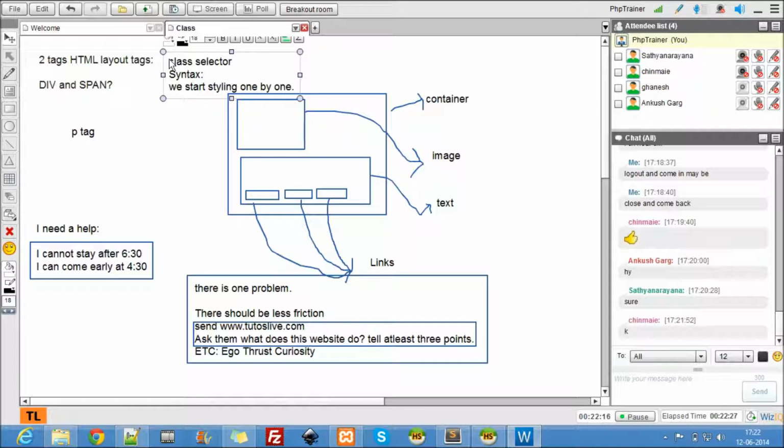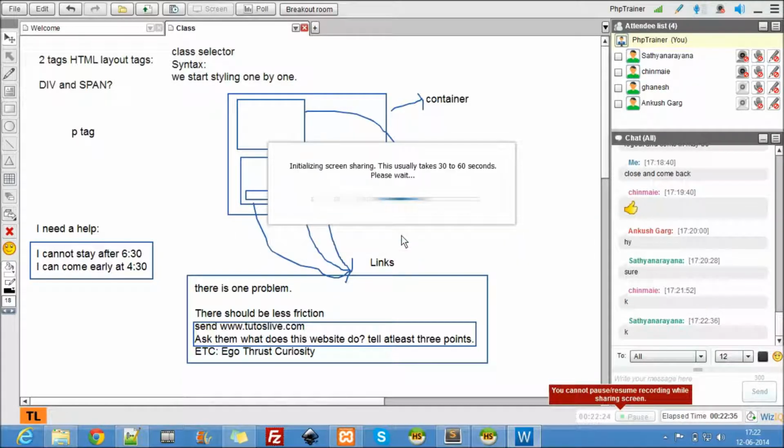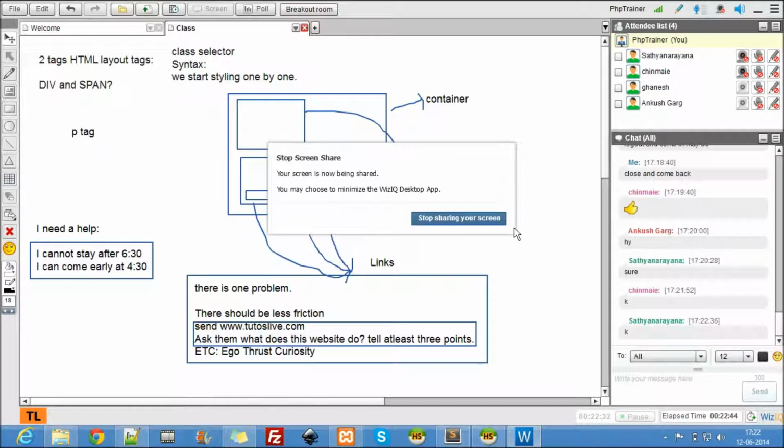Alright, so I'm going to share my screen here. Just let me know if there are any problems in seeing my screen. Yes, can you guys see my screen? I'm going to use a new editor here today.